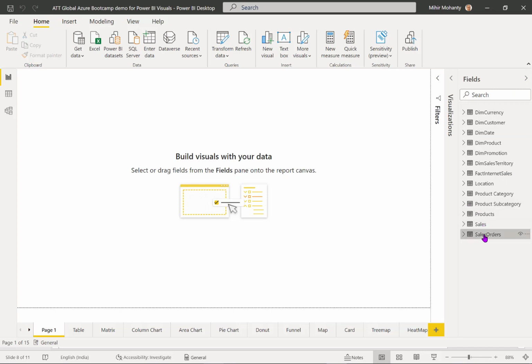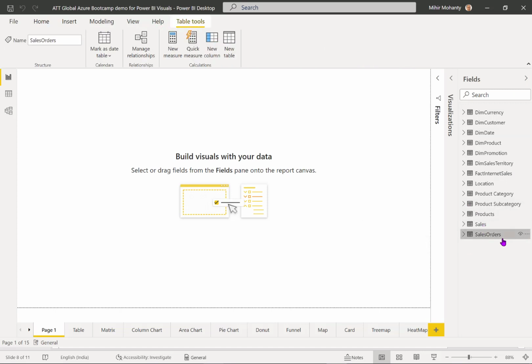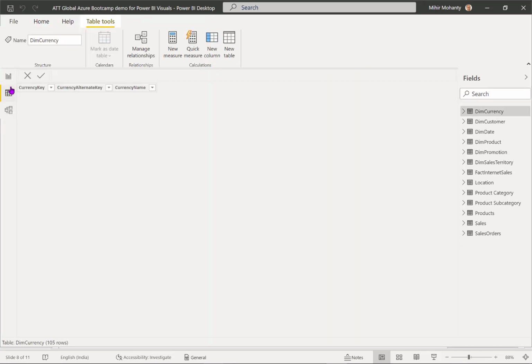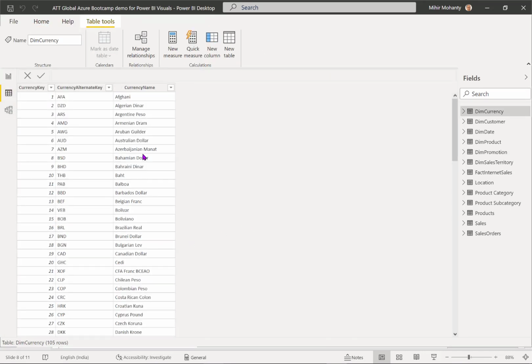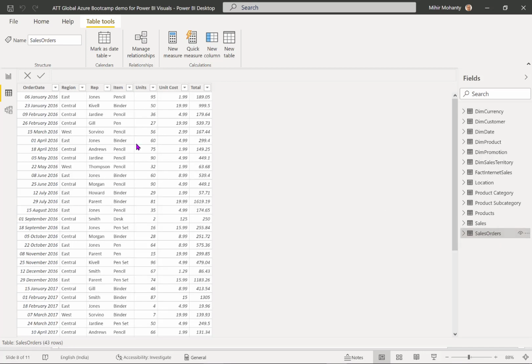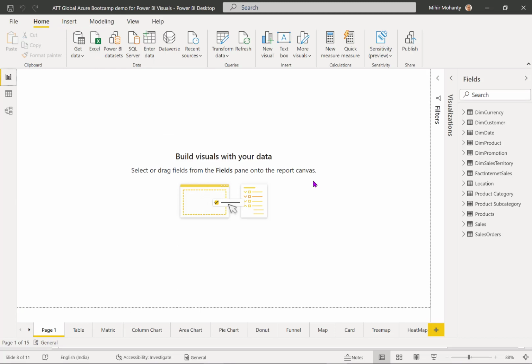Okay, if I come over here and look into the data sets, the sales order data sets has been loaded, and I can come to the data view and I can see the data sets of this sales order table, and that's how you can have a look into the data sets, and this is called the data preview. Let's move on to our discussion now.